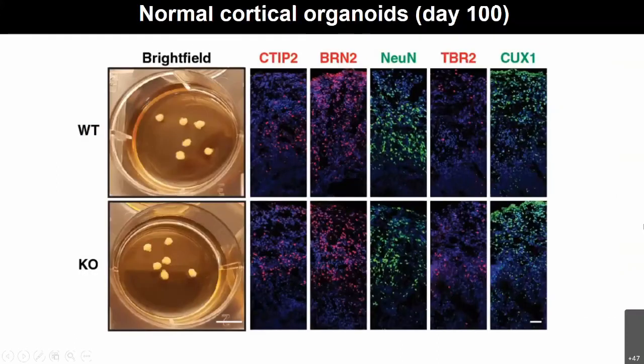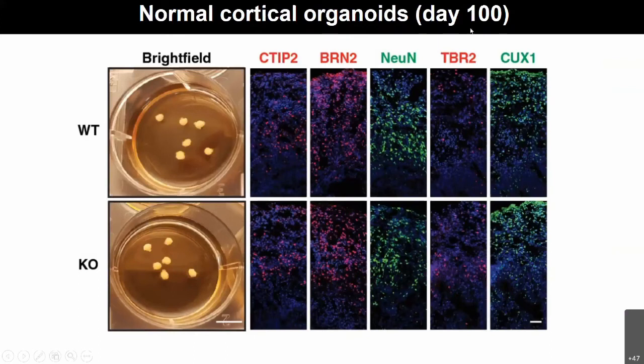You grow them longer, to 100 days and above. Now they really grow to a millimeter-scale organoid, and if you section them, you can see cortical layers. I have to admit that in our hands, with this modification of the Pasca protocol that we used, we can't really get a very nice six-layer cortical structure, layer by layer like that. What we have is a rough segregation of the upper and deeper layers, as shown here.